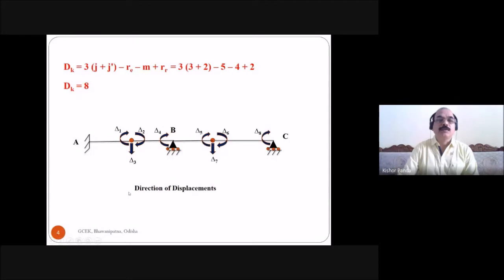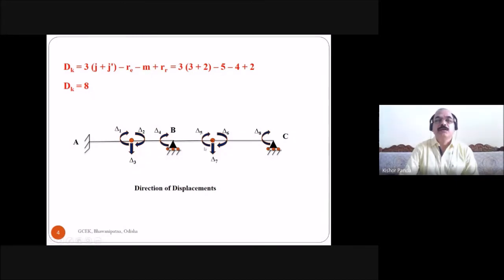Then you give the direction of the displacement. Here you see this is the beam, and this is one member. In this member, the rotation takes place. The rotational displacement here you have to consider as one rotation. And because this is an internal hinge, on this side the member rotation takes place, and on this side the member rotation takes place. So you have to consider two rotational displacements and also one vertical displacement at the internal hinge, because this type of displacement takes place here. That means rotational displacement and also the vertical displacement at the internal hinge: three displacements.